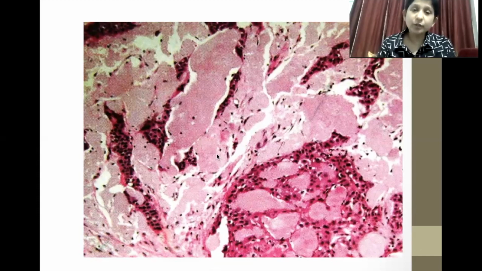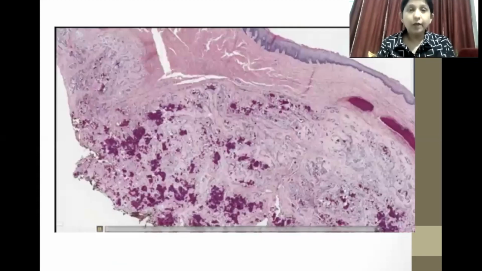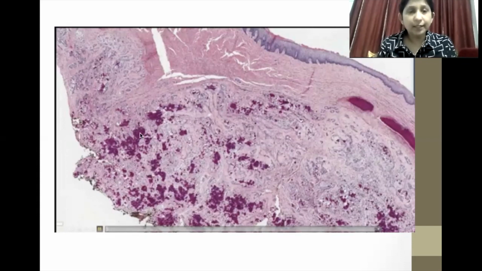Now in this picture, you can see that the epithelial cells are there in clusters, but in between you can see large amounts of amyloid. All these areas are areas of amyloid. Amyloid will stain eosinophilic or hyalinized in appearance with H&E and red with Congo red. Later on this amyloid will undergo calcification. So all these areas would have been amyloid deposited areas, which have now become very deeply purple or blue in color. This is due to these being areas of